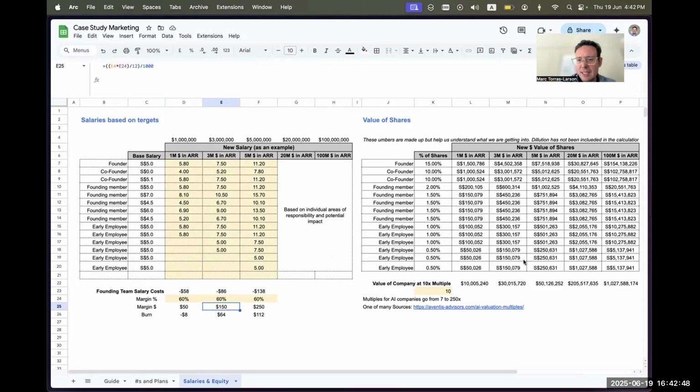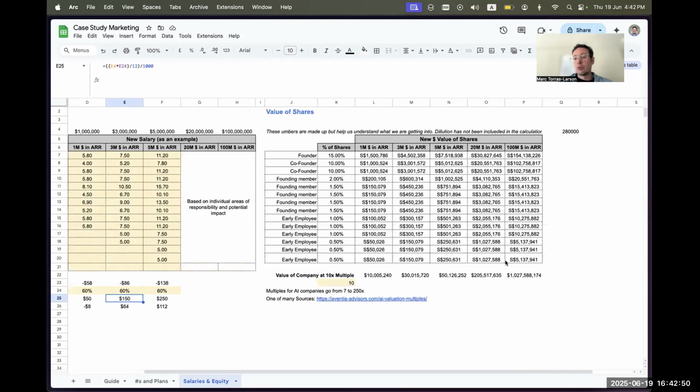And then here's just an example to discuss of where having early founding member shares takes you, which can vary. Some people have 1%, some people have 0.5%, some people might have 2%. But where does it take you? Because we want you to be aware of this.